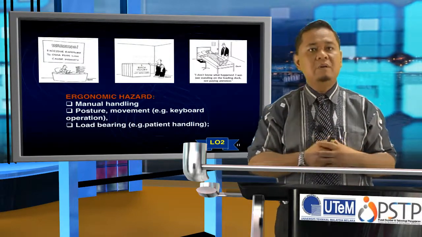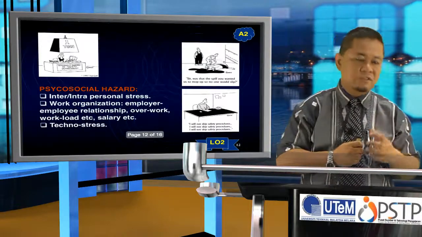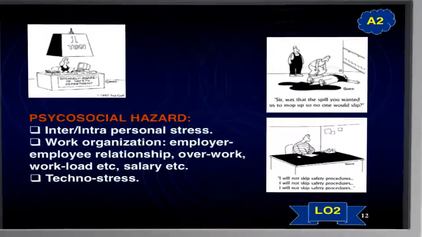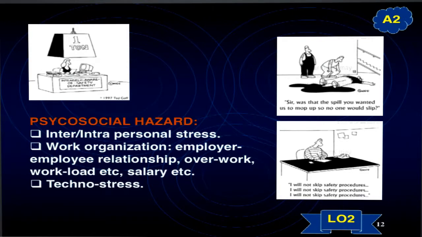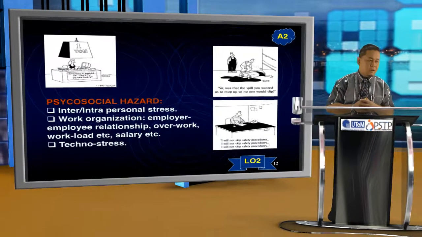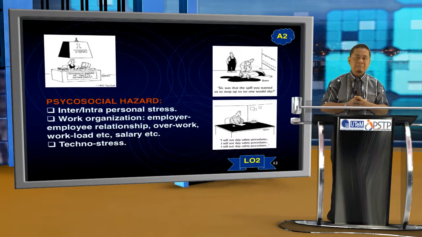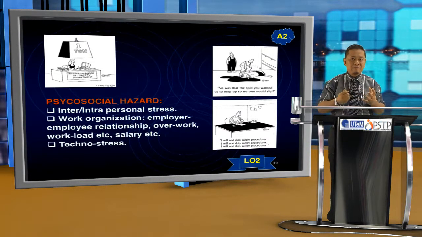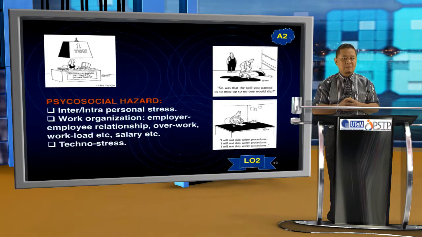And the last one, we're talking about the psychosocial hazard. This is very important. This is a chronic disease that has now emerged in the industry. We're talking about occupational stress. We're talking about burnout syndrome. Now we have so-called techno stress. You know, for example,